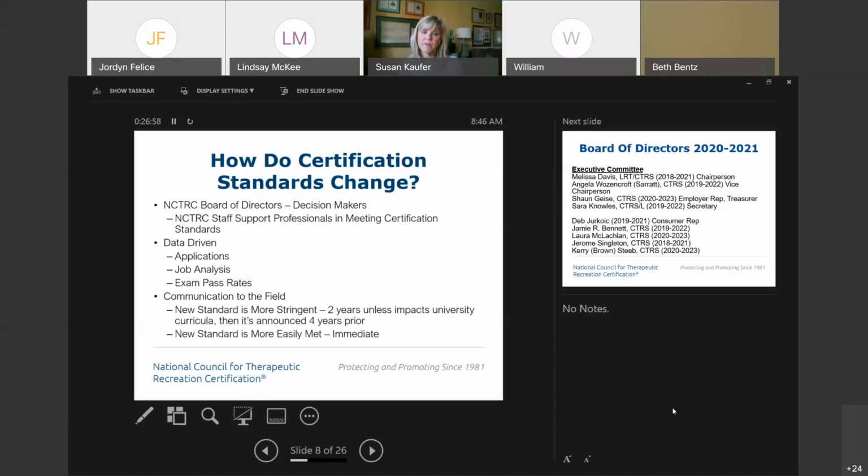If certification standards change and it is involving curricula or academic programs, we will announce a change, and it will take 4 years in order for that change to take effect. And if a certification standard goes into place that perhaps makes the process for certification more easeful, it will go into effect immediately. So those are good things to know.